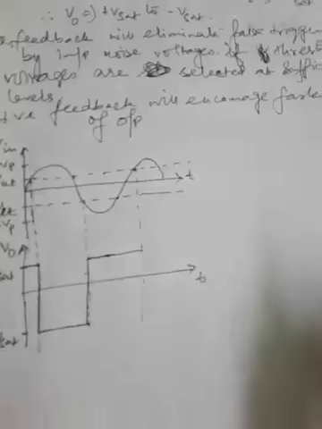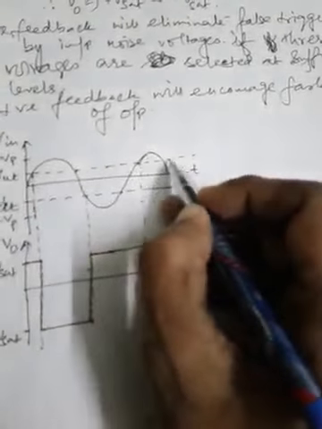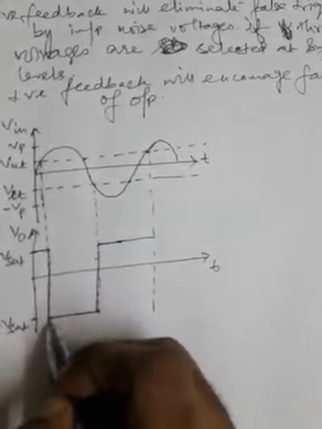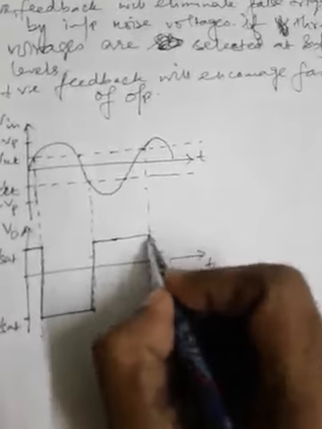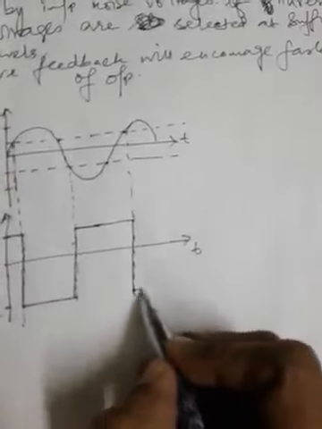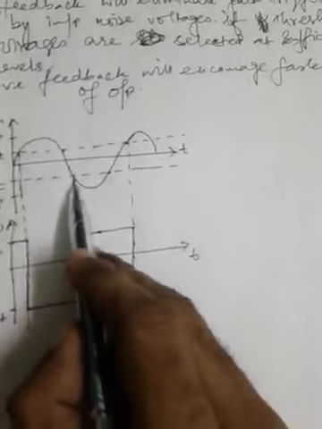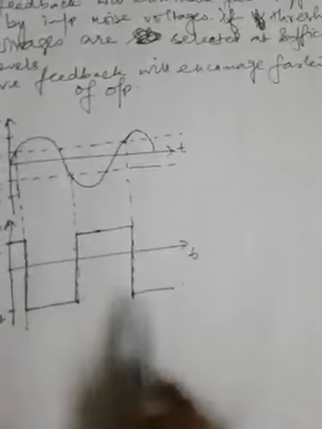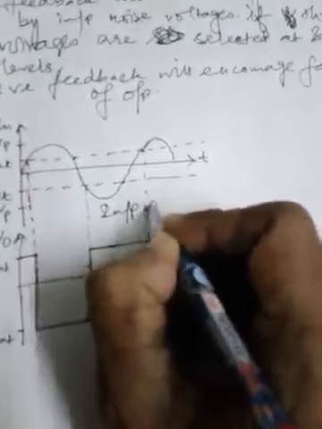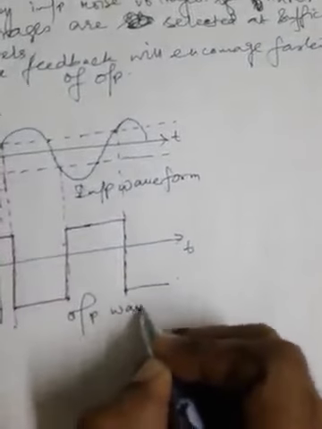In this fashion. Now once Vin is going once again up to this upper threshold voltage, what we have seen earlier, the positive saturation will switch to negative saturation at the output. So once again it will come down to reach the negative saturation value, and it will stay as long as further switching at this point appears once again over here. So in this way the output waveform will be generated. So this is the input waveform of Schmitt trigger, and this is the output waveform of Schmitt trigger.